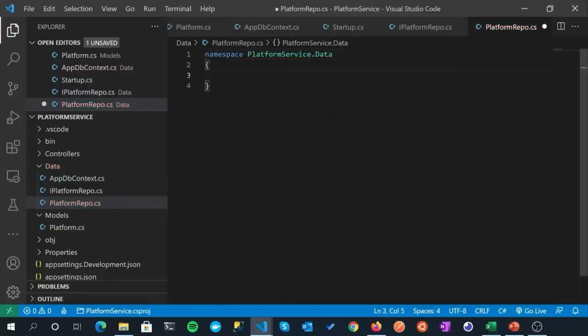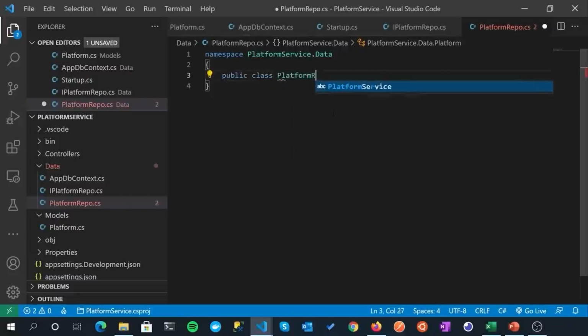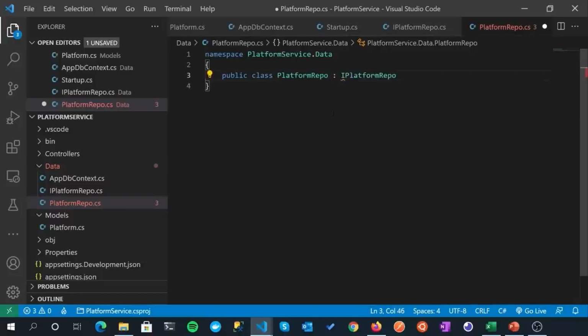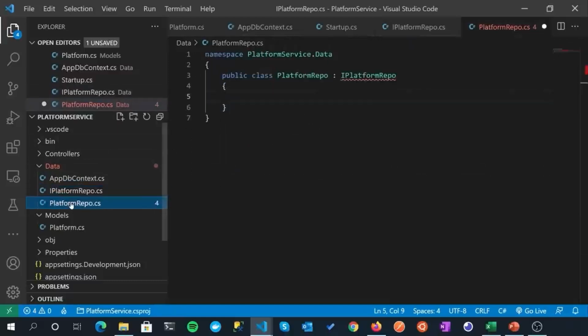And then we just specify it's a public class called platform repo, and it's going to implement IPlatformRepo there.